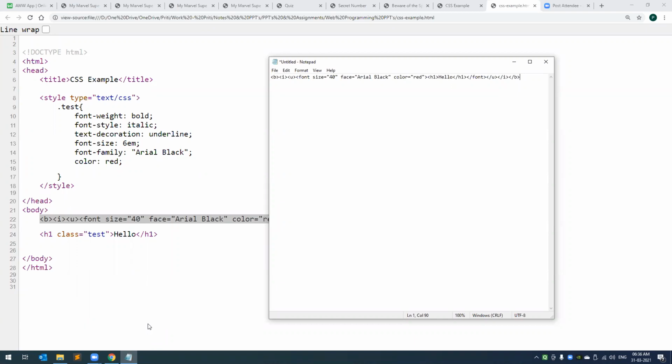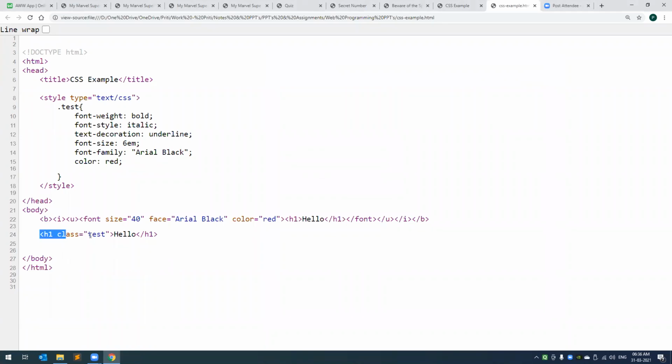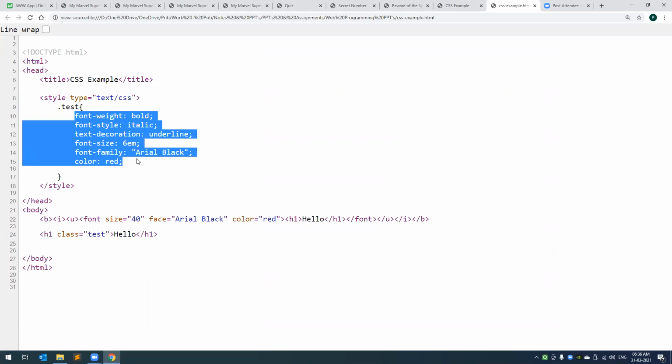Do you think this would be easy to work with? No, right? Because again, I'm going to repeat, this is just one word. Imagine creating an entire website that looked like this, correct? Now, versus now, when I divide my formatting and my text. My text is in HTML, which is here. And my formatting is done here using CSS.